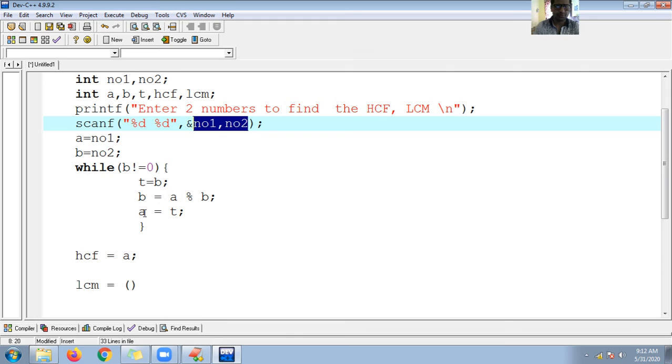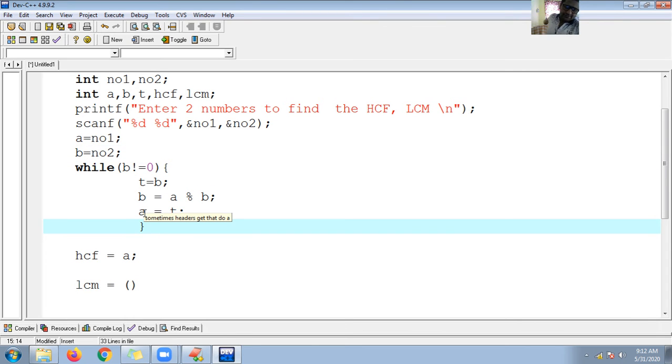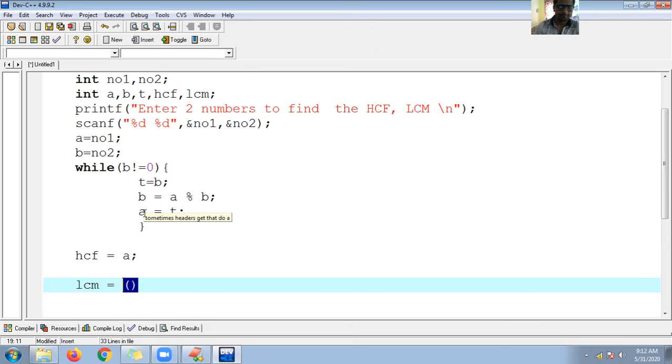I forgot to apply the ampersand address operator here. So let me apply number 1 into number 2. Let me divide that by the value received, that is HCF, and let me go for parenthesis here because I want to go for the whole division, and here is HCF.